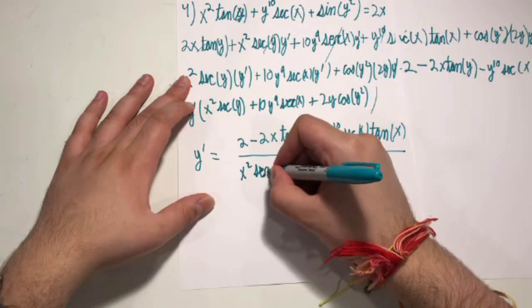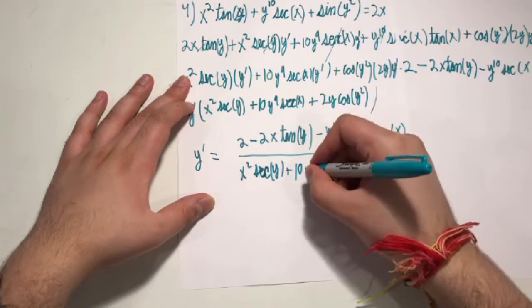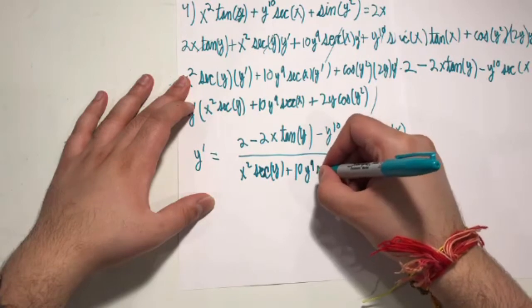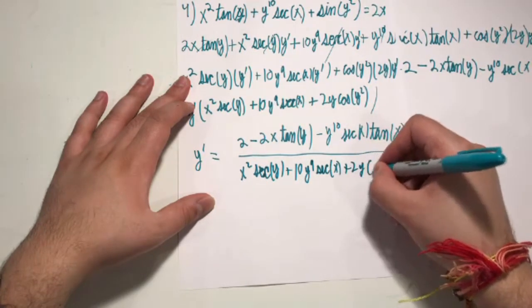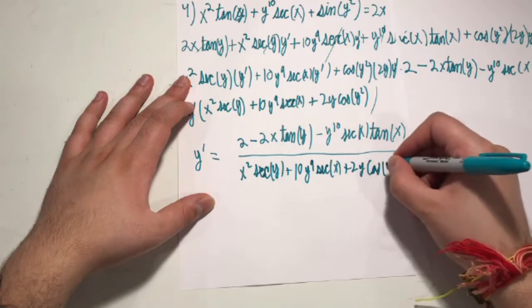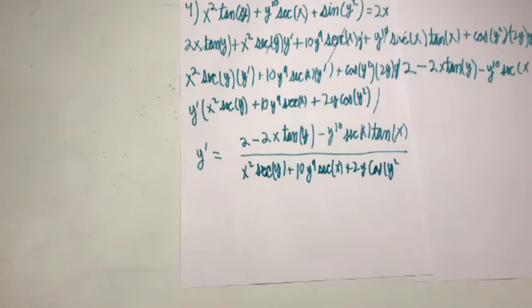secant y plus 10y to the 9th secant x plus 2y cosine y squared. All right, now this was definitely a more difficult problem, and that's mainly because doing derivatives with